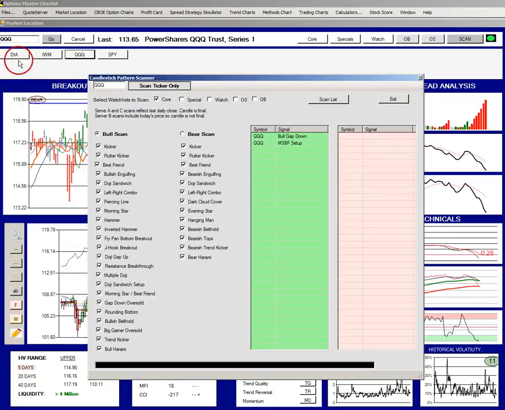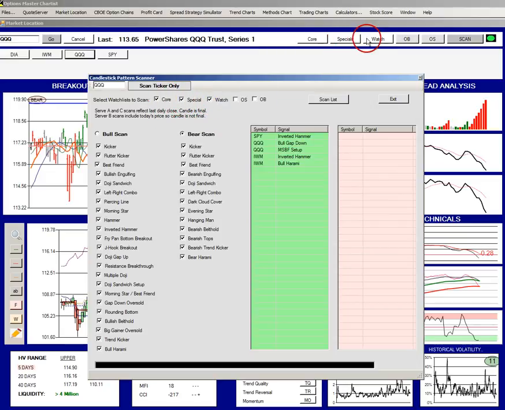But if you wanted to scan the whole core watch list, you would check off the core and hit scan list, and then it will scan all the stocks on the list and give you all the signals that occurred. And you can scan for either bullish signals or bearish signals, and there are no bearish signals in the list. So you can scan